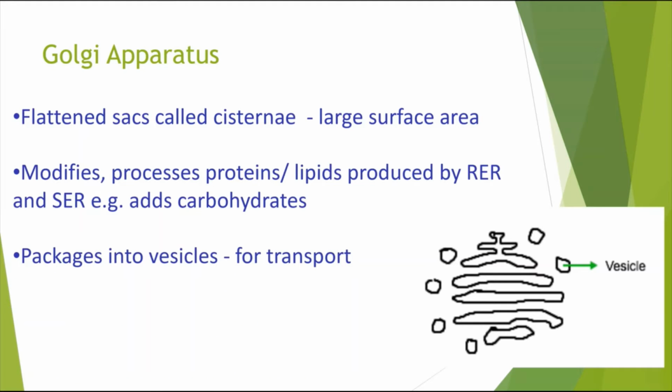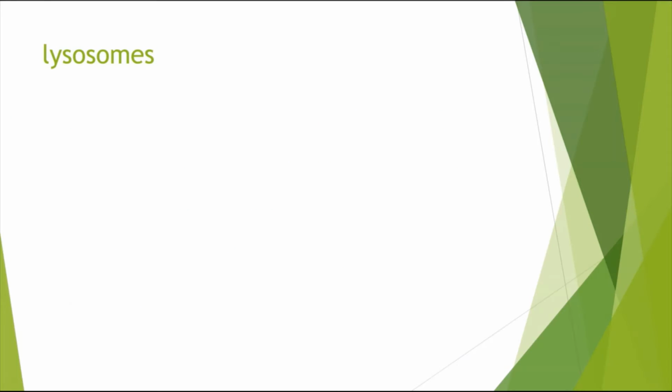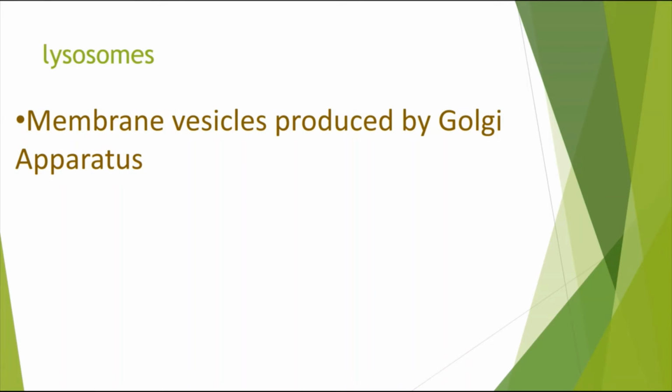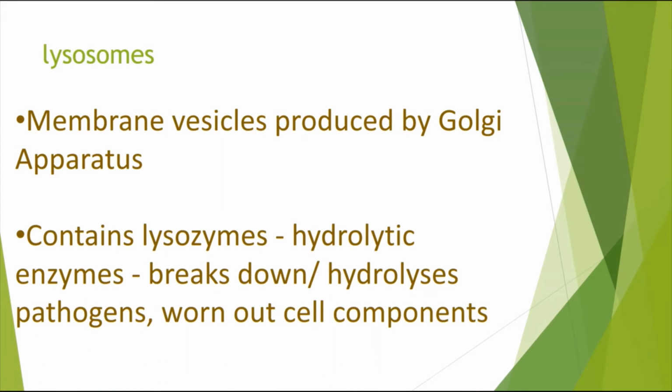And it packages them into vesicles. So for example, this is a vesicle, so the modified proteins or lipids can be transported in and out of the cell, and this also makes lysosomes, which we will be coming on to next. So lysosomes are membrane vesicles produced by the Golgi apparatus, and they contain lysozymes. So these are hydrolytic enzymes which break down or hydrolyze pathogens or worn out cell components, and it's necessary in